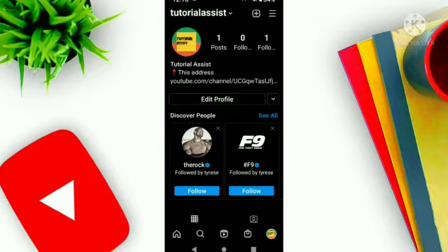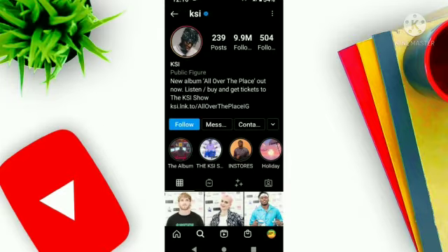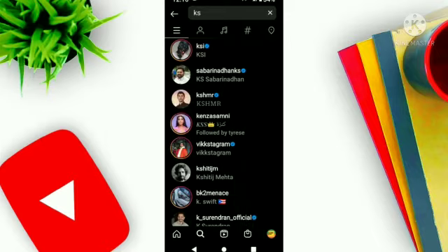In this tutorial video, I will show you how to see someone's full DP on Instagram. Like I want to see the full DP of KSI. For this you need to go to Chrome browser or any other web browser